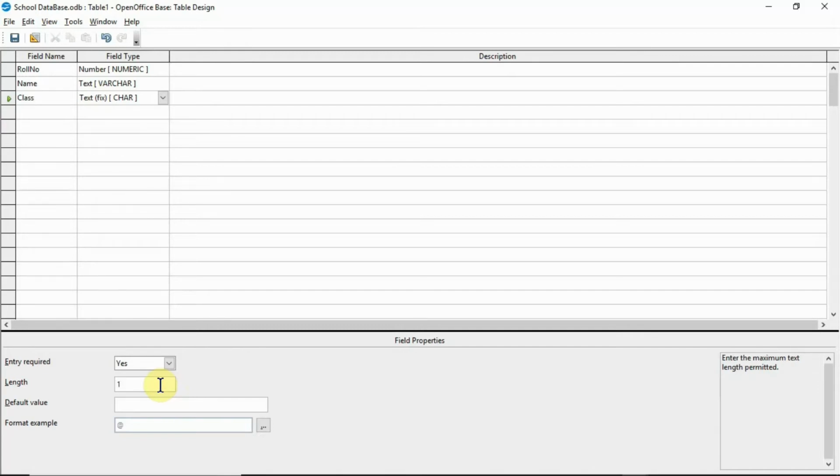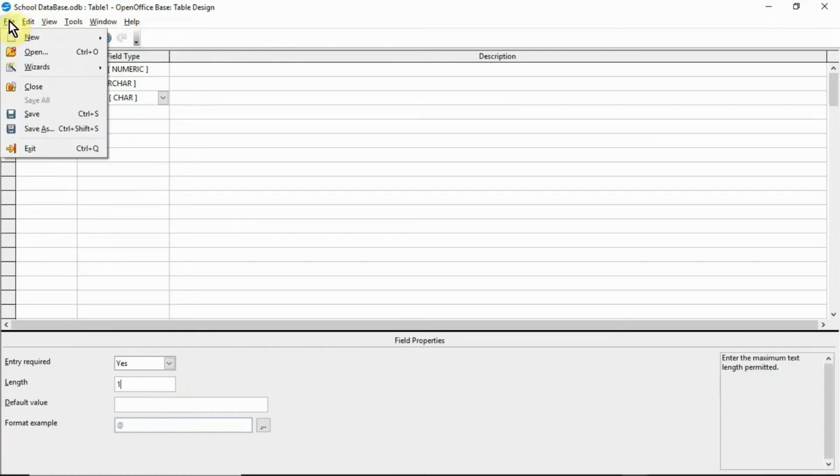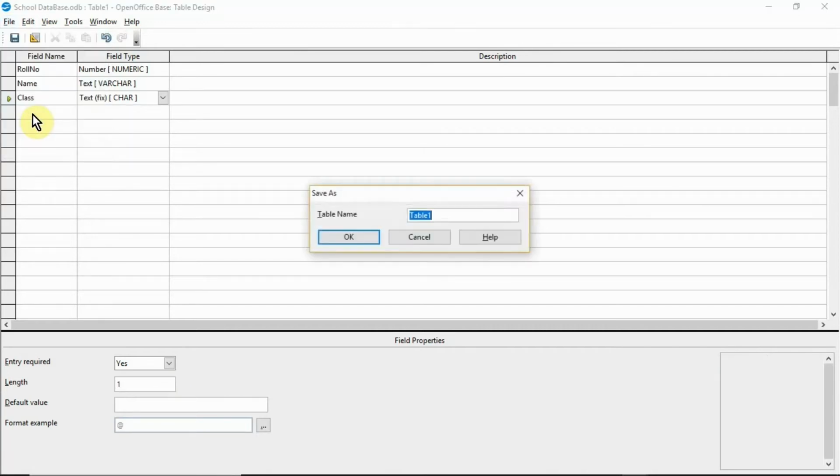After specifying the field name and data type for the field, save the table by clicking the File menu and then click the Save button, and here type the table name, and then click OK.